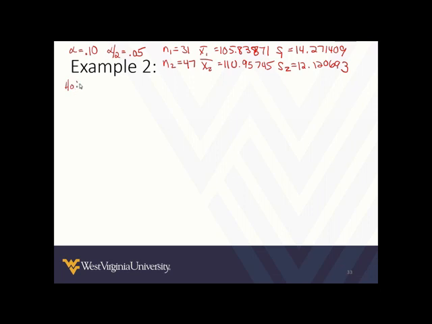Last thing I want to write out is our hypothesis that we did already establish. So the null hypothesis is mu1 minus mu2 equals 0. And the alternative is mu1 minus mu2 not equal to 0. Now we can begin calculating our test statistic. And this is going to be our difference of sample means divided by the square root of our sample 1 sample variance divided by sample 1 sample size plus our sample 2 variance over our sample 2 sample size. And so this will be